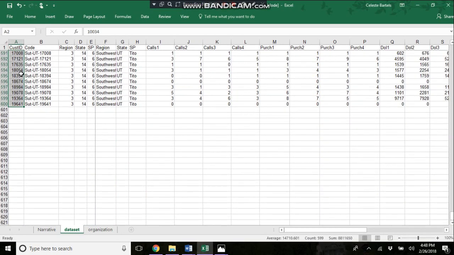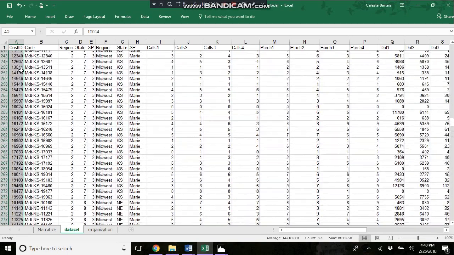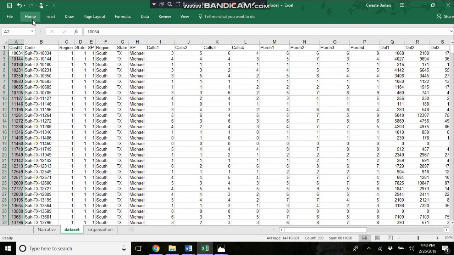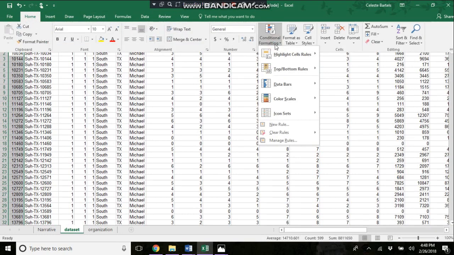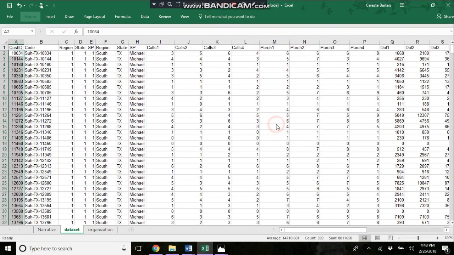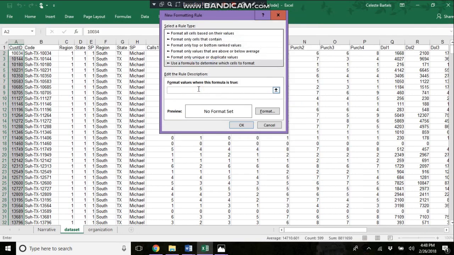Okay, so I have my column A, 2 through A600 highlighted here. We're going to go up to the Home tab, click on Conditional Formatting. We have a new rule, and we're going to use a formula. So now we're going to build a formula that represents the instructions that we've been given. So we're going to hit equals, and then your AND to indicate that there's more than one criteria that needs